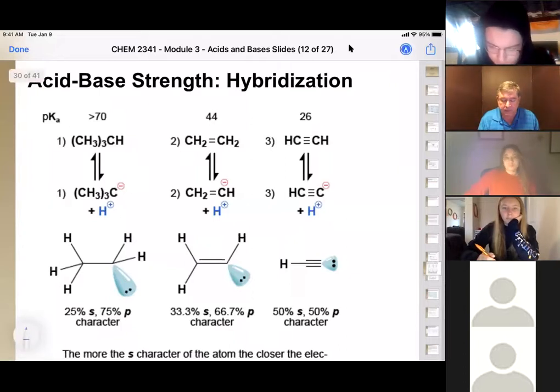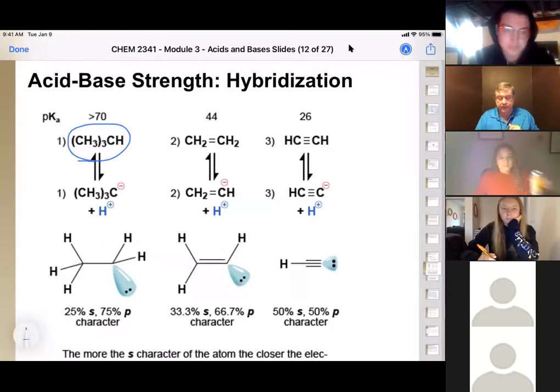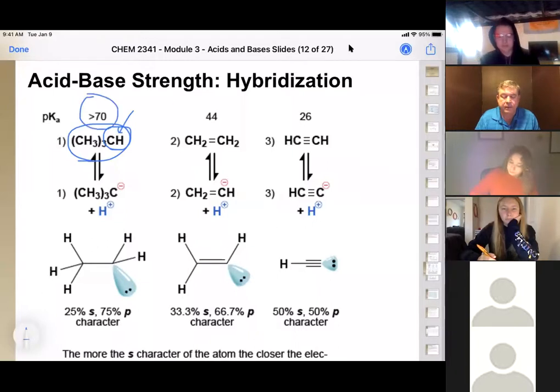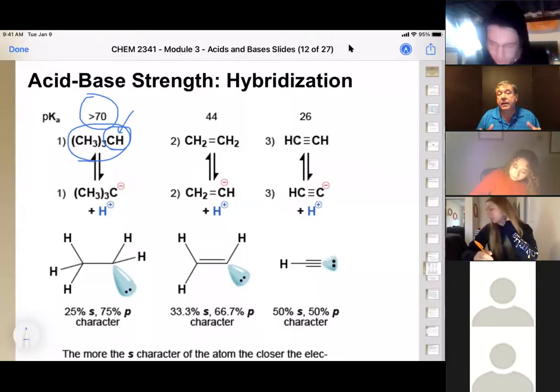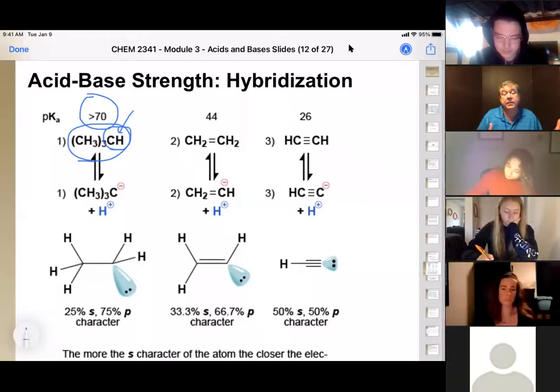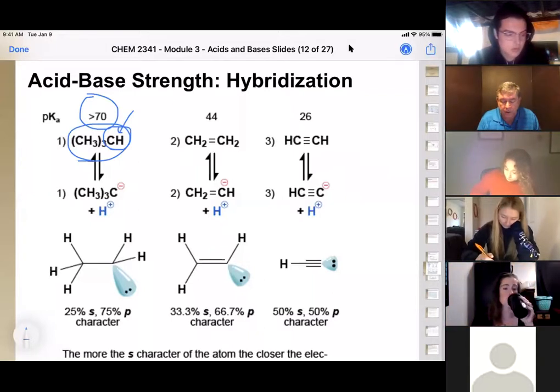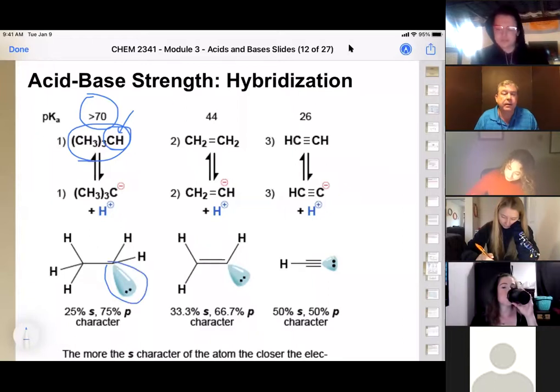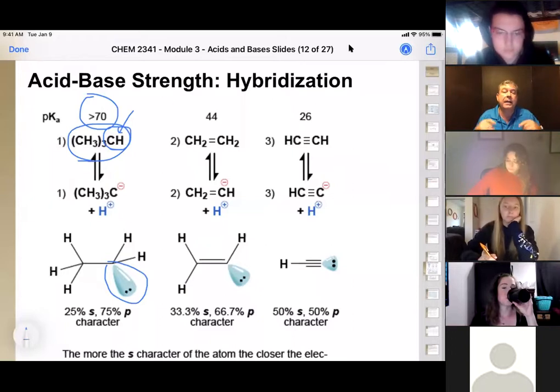Okay, so if we look at this, wow, it's a trimethyl compound with this acidic proton here. So we're looking at pulling that hydrogen off there. And this pKa is greater than 70. I think that might have something to do with the solvation effect from that large group of methyl groups there. So usually alkanes are 50 to 70 right here. So our inability of that S to stabilize that charge makes it less acidic, and it has a higher pKa